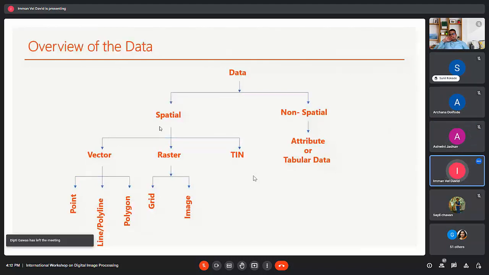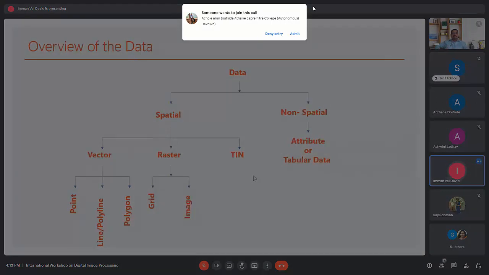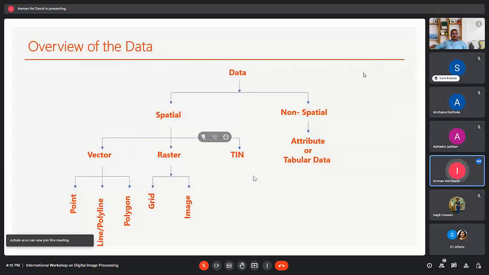In raster data, the unit is represented as a square or cell or pixel. In TIN data, the representation is triangular, and each triangular unit contains point files, line files, and polygon files. Okay, the major portion of the spatial data is fully controlled and characterized by non-spatial data. The non-spatial data is otherwise called the attribute and tabular data of the spatial features.